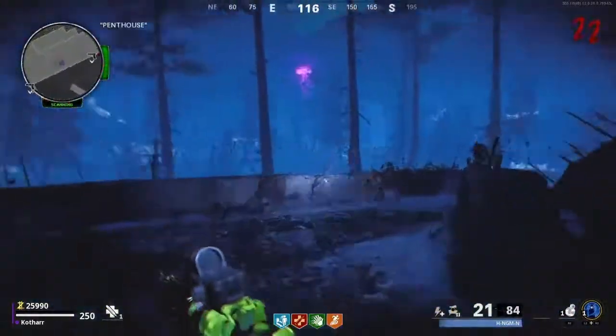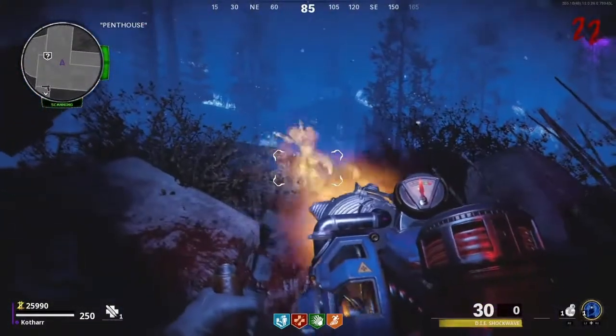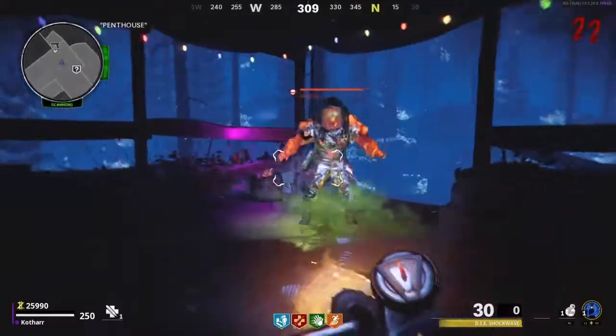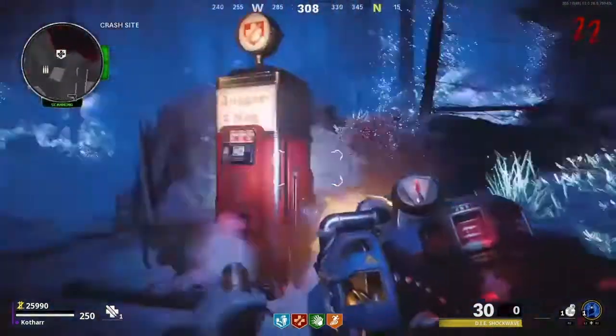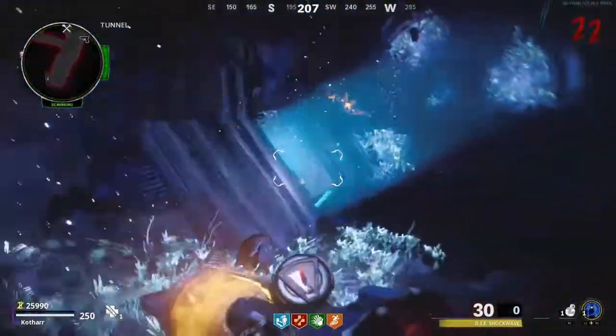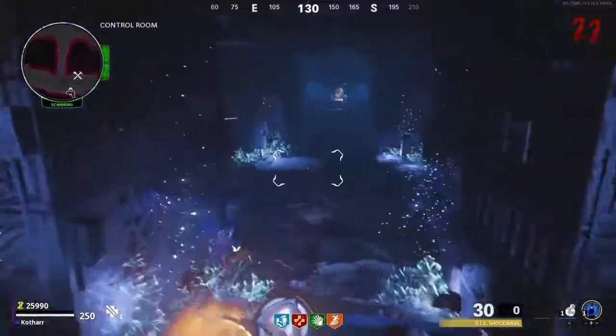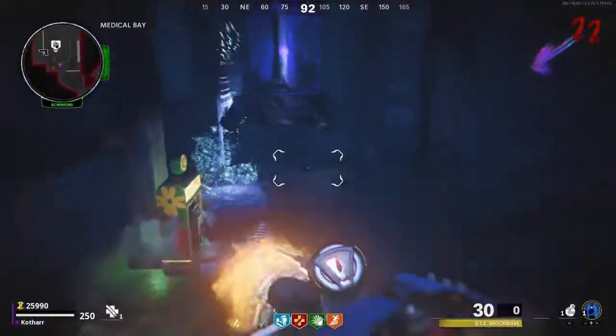Now go ahead for the second crystal. You make your way back up from the spawn point. Get this second crystal, and also make your way back down through the Pack-a-Punch. Also, you should be able to get at least 2 crystals, maybe 3, in one ether portal, as long as